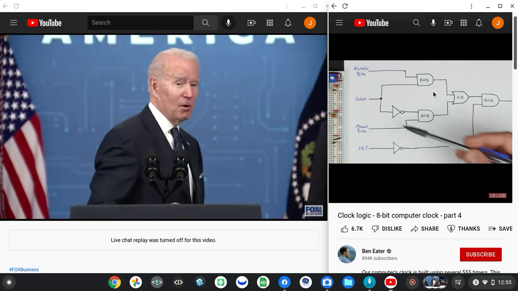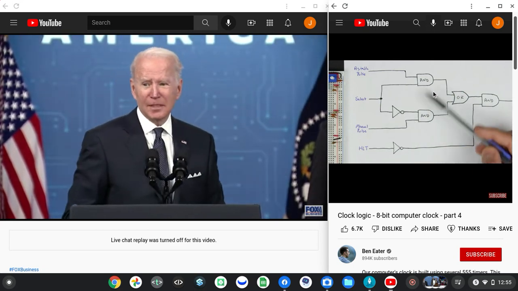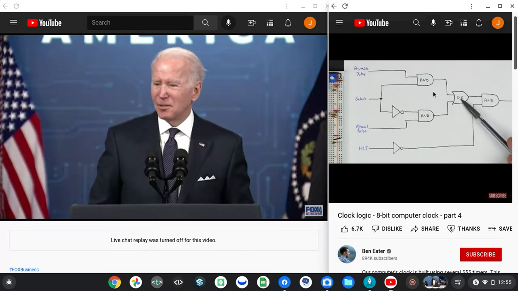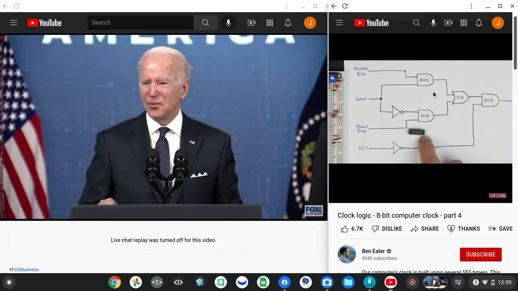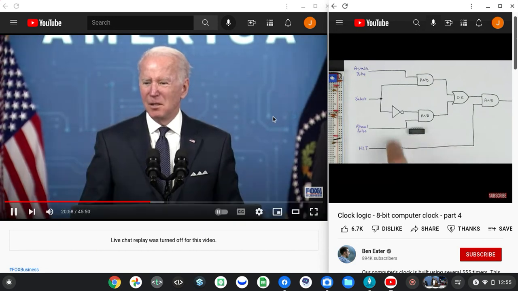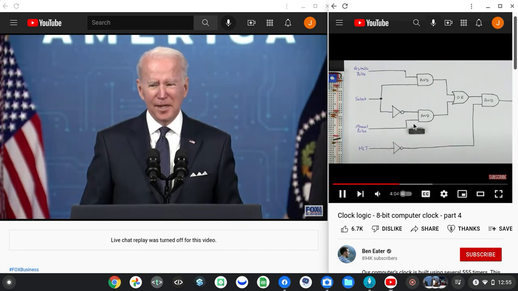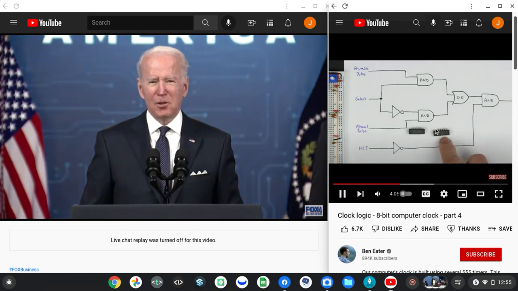So if we want to build this up, it looks like we've got a couple inverters, 3 AND gates, and an OR gate. So what we could do is use the 74LS04. This has 6 inverters on it. And we've got the 74LS08,